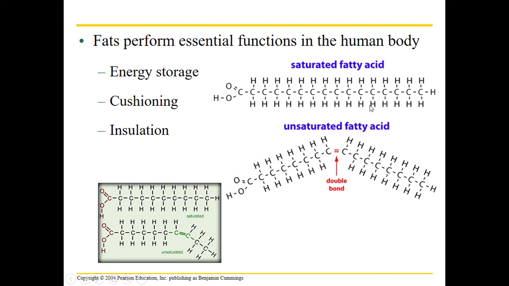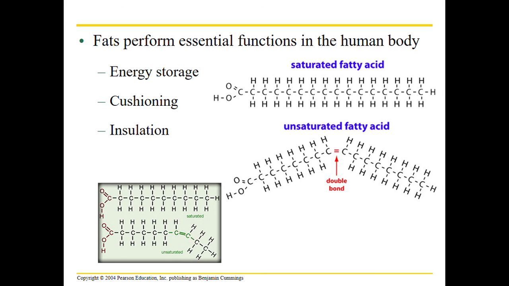So in this saturated fatty acid chain, you see all of these carbons that are saturated with all of these hydrogens. You don't see any double bonds, you just see all of these single bonds around. In unsaturated, we have this double bond, which makes the carbons have less hydrogen on them. Notice that it's double bonded here, and these two do not have a hydrogen attached. Well, they have one, but not another one. This little bond right here creates this bend